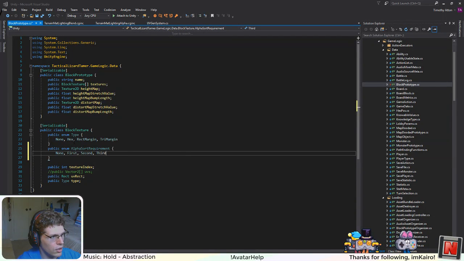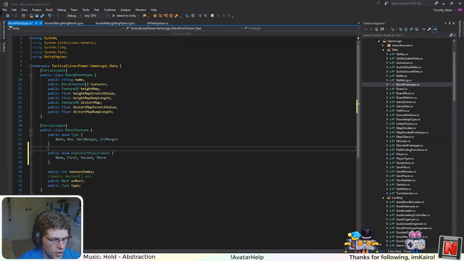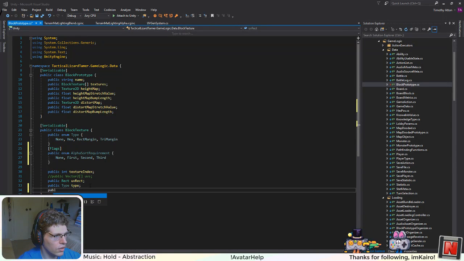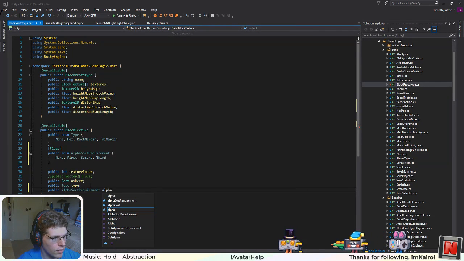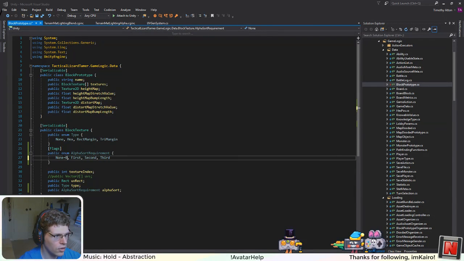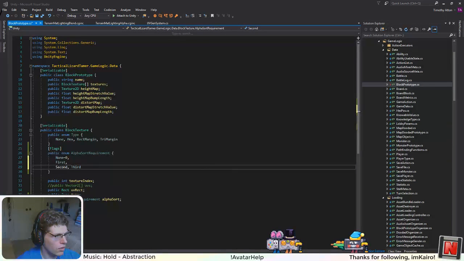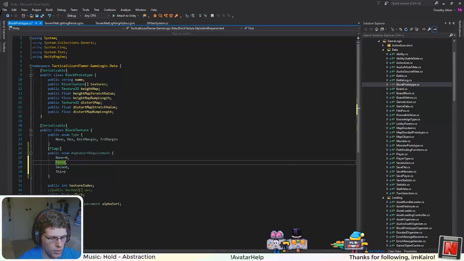And maybe this will be a flags variable, so that way I can store this like this. And that way we can have any combination of first, second, and third. I think it does this for you automatically, but